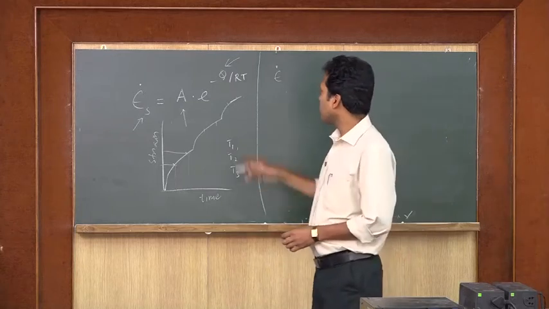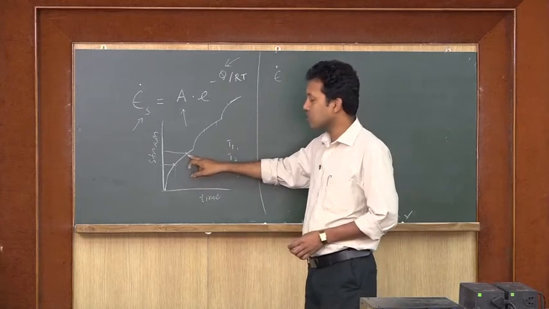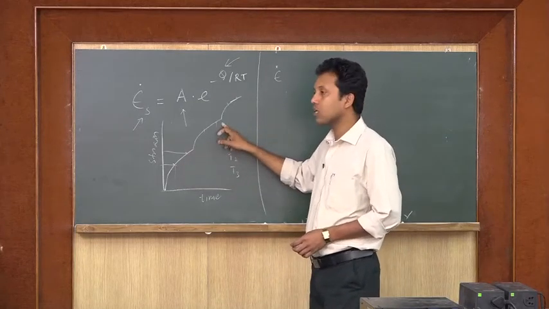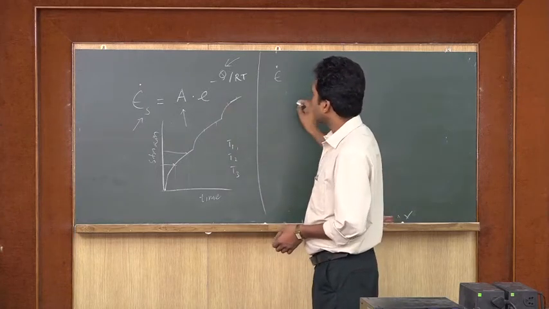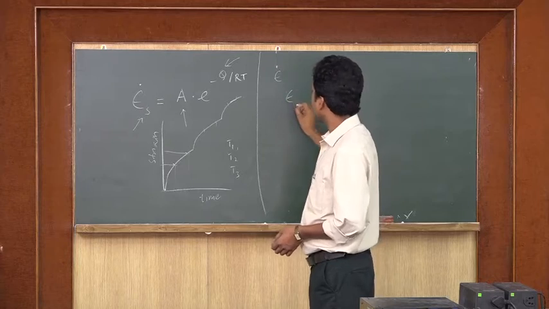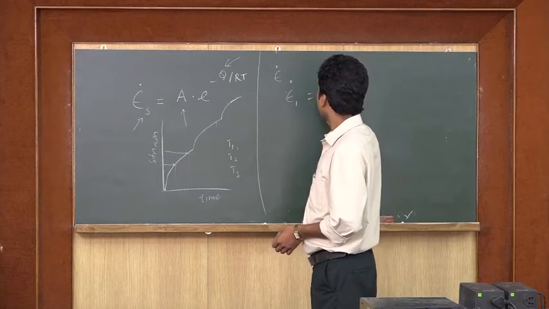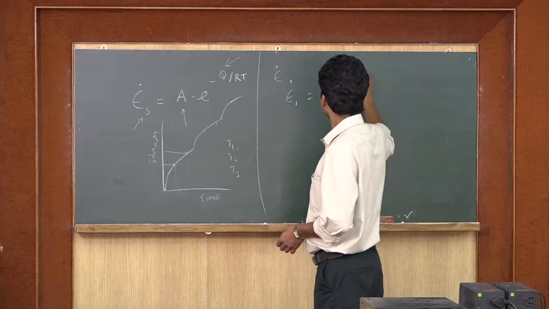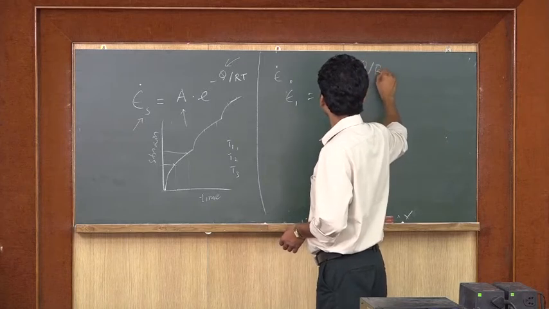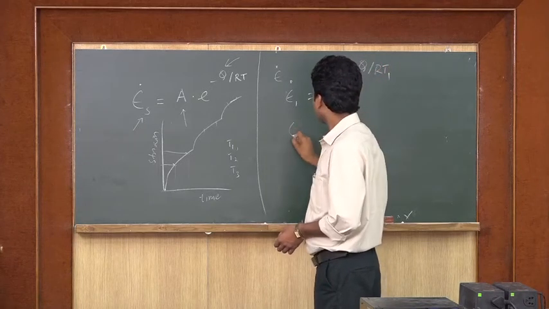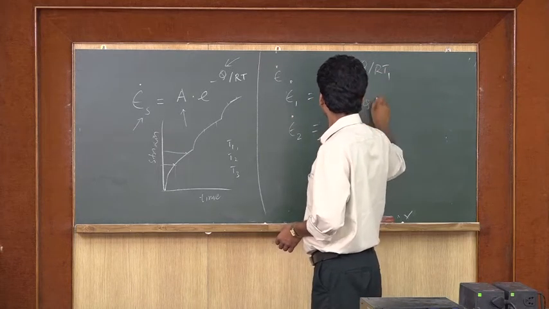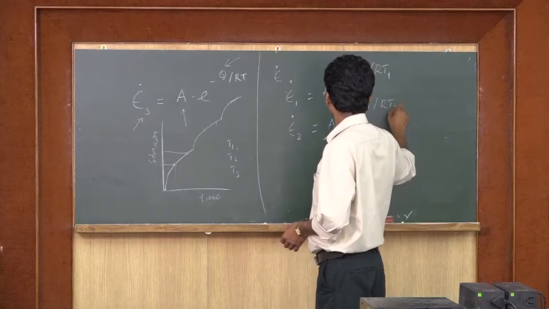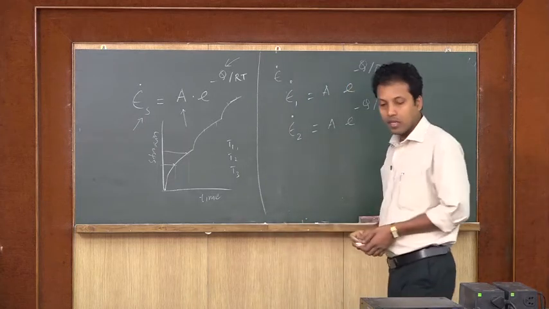So, we can calculate the steady state creep rate, and then for this equation, I write epsilon dot 1 equal to the constant times e to the power minus Q by R T1, and for another temperature I have epsilon dot 2 equal to the constant times e to the power minus Q by R T2. We can do this, and then to find out Q,